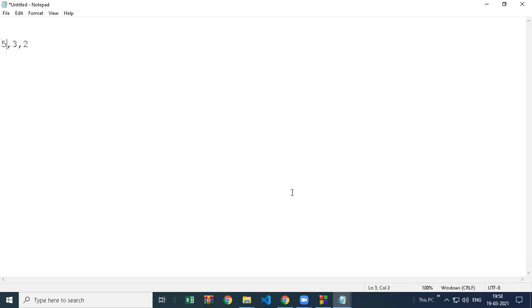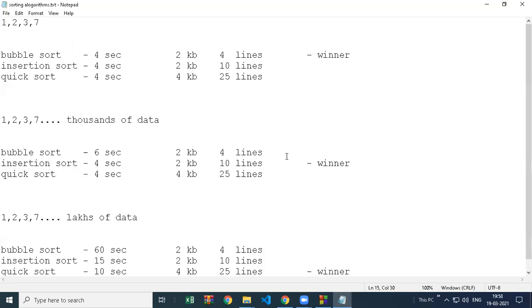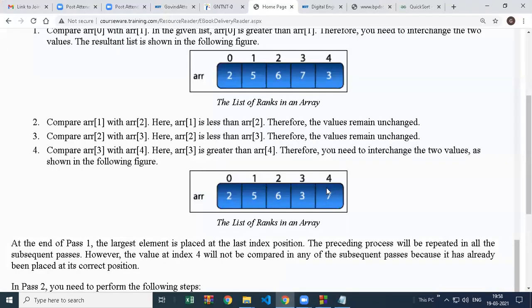Yes, so swap it. Then 5 is greater than 2? Yes, so swap it. So in the first pass, you got the largest element at the end. Bubble sort guarantees you get the largest element at the end.